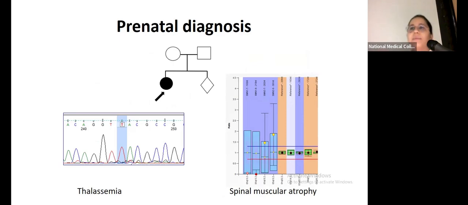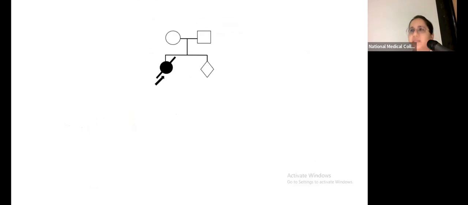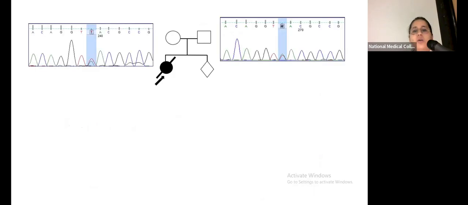But what happens when the proband is not present? How do we make a diagnosis? For disorders like thalassemia and SMA, where the clinical presentation is very specific, what we do is we sequence the parents for that particular gene. We all know that HBB, a single gene, is made of 3 exons and can be very easily sequenced. DMD, again, has an easily available test. So for these disorders, it makes sense to sequence or test the parents if the proband is not alive, to provide a prenatal diagnosis. And we have been doing it for the last 3 decades.